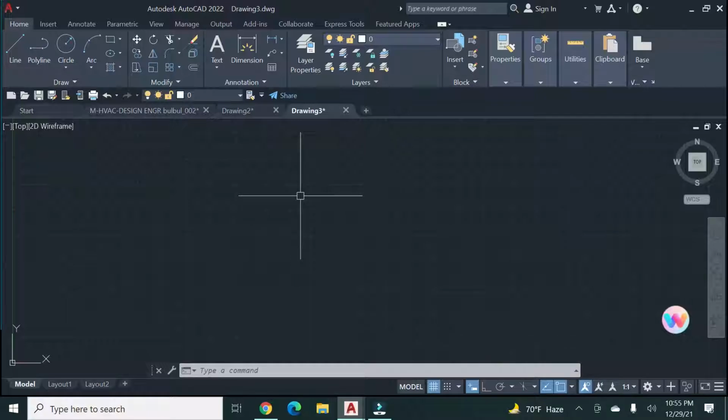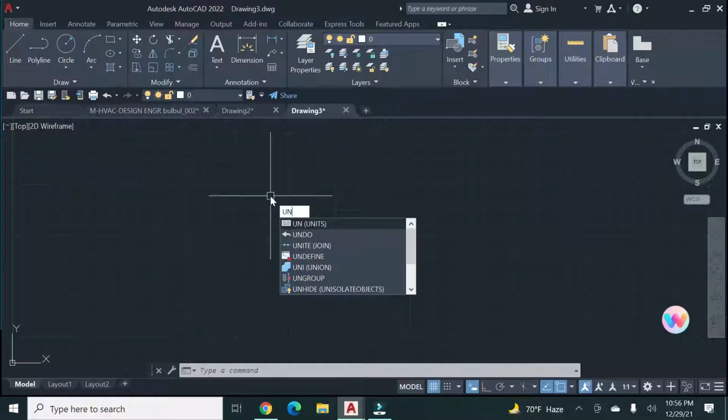Now we'll go to the unit settings, which units to use while drafting. The shortcut command in AutoCAD is UN for units, which you see below the pick box. Click the Enter button.